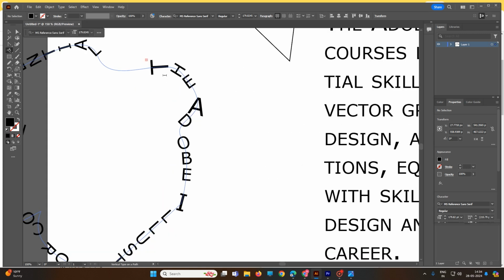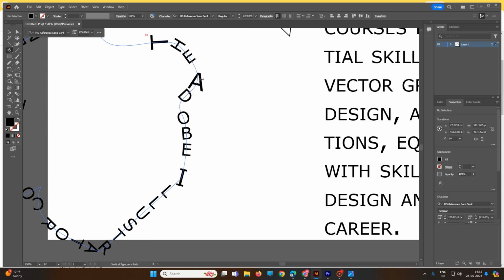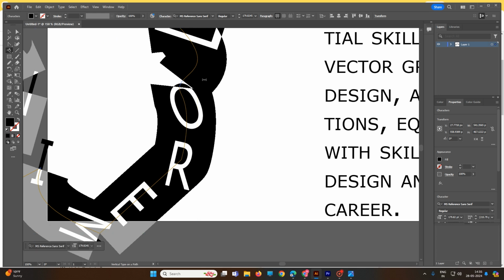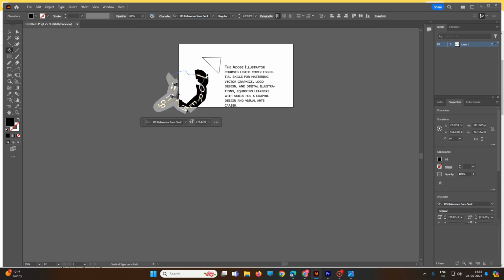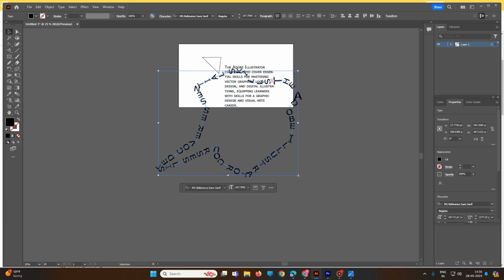This is vertically, the Adobe Illustrator, vertically. And the red symbol is showing that you have pasted more words, like that. The red symbol shows that you have to decrease the size of the characters,